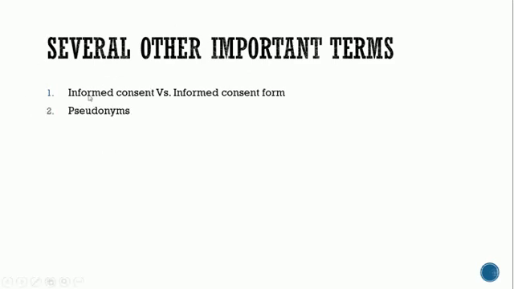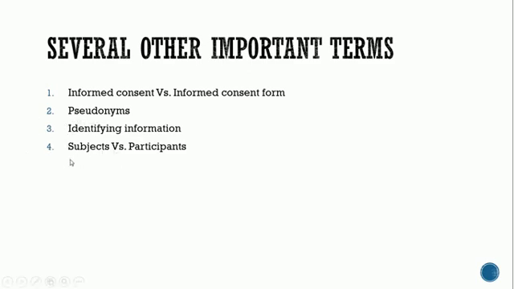And then pseudonyms, you already know about it when we discuss confidentiality, and then identifying information. And then number 4, subjects versus participants. In the light of research ethics, rather than calling the people participating in our study subjects, we should call them participants. Participants are people who participate in our study, whereas